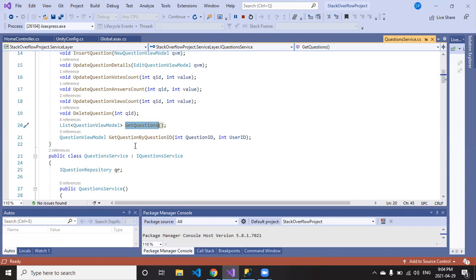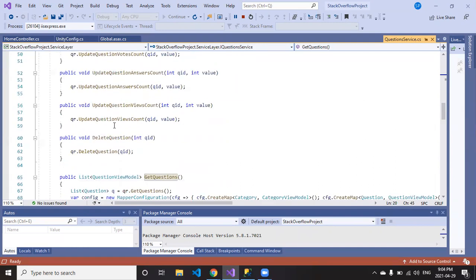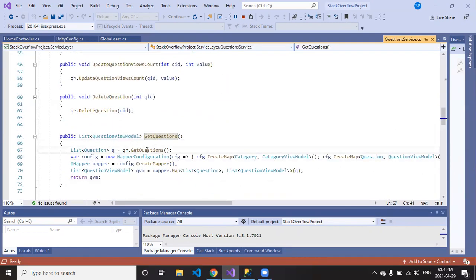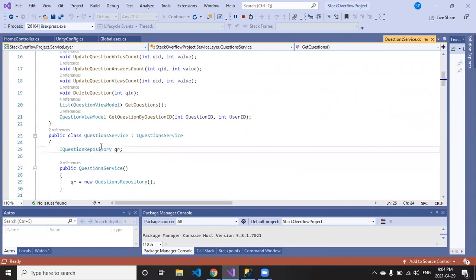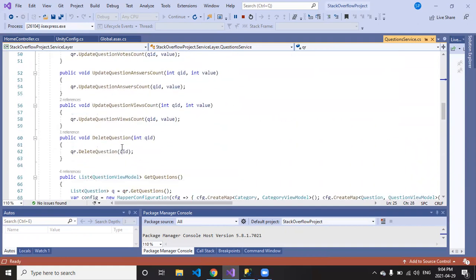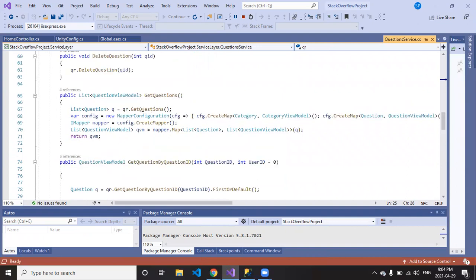I'll go to the service page and through the GetQuestion method, which is over here, and then I'll create one list. QR is the question repository, the same object from the home controller that we had. It's the same thing, the interface object that we had, and I'm